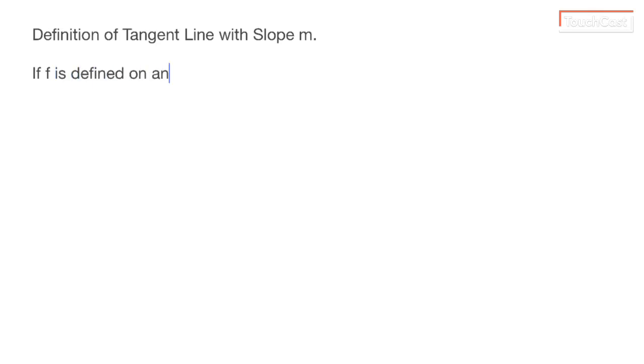So right now, I'm going to give you the definition of tangent line with slope m. So we're going to say if f is defined on an open interval containing x, and if the limit